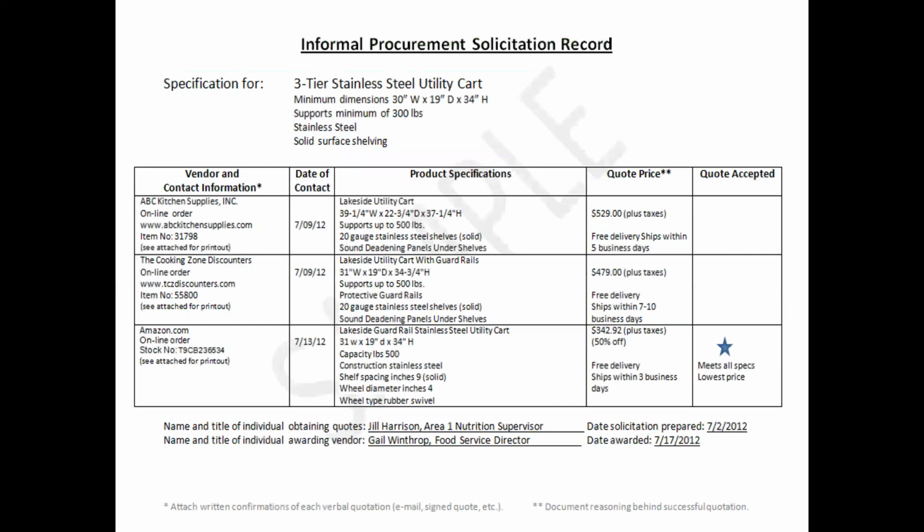This is just kind of an informal procurement solicitation record, just for your viewing. It shows the process the specific district went through to purchase a stainless steel utility cart. They basically got 3 quotes, and they picked the one that, for $342, meets all specific requirements and is